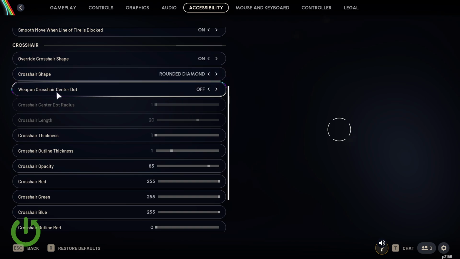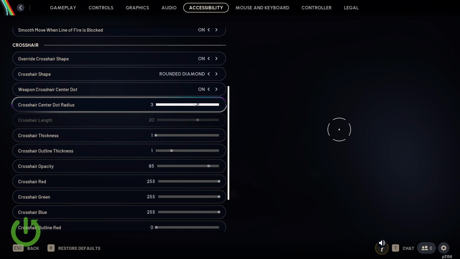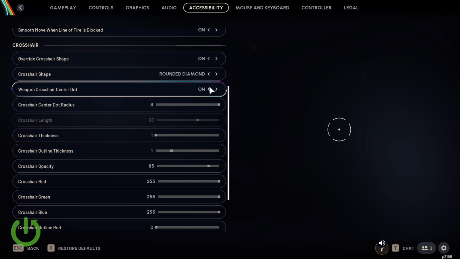You can also change the weapon crosshair center dot, turn it on or off to basically have a center dot. You can increase its radius, increase its size from 1 to 4. I'll go with 4. If you went with